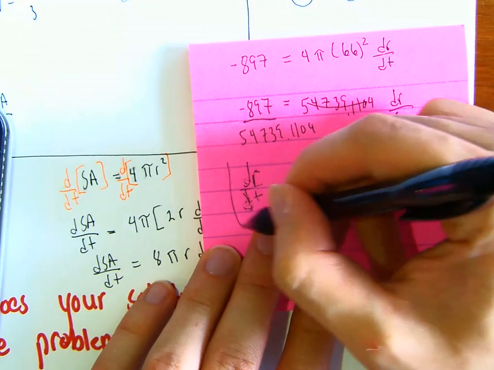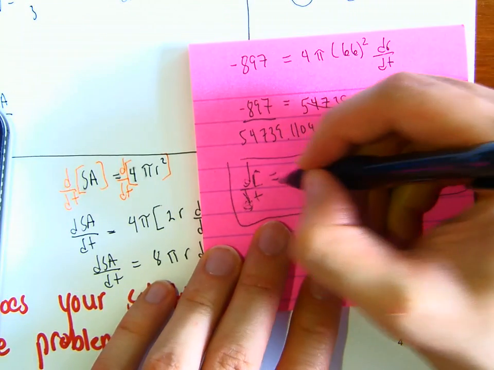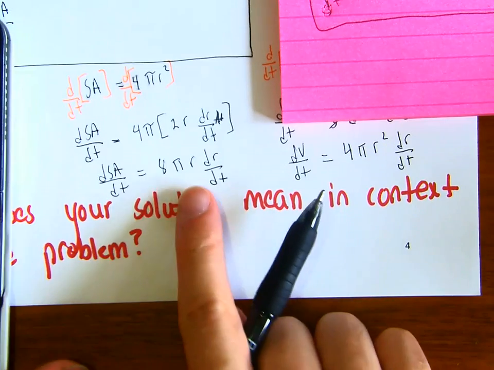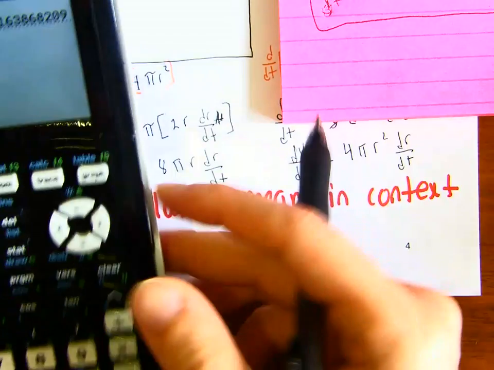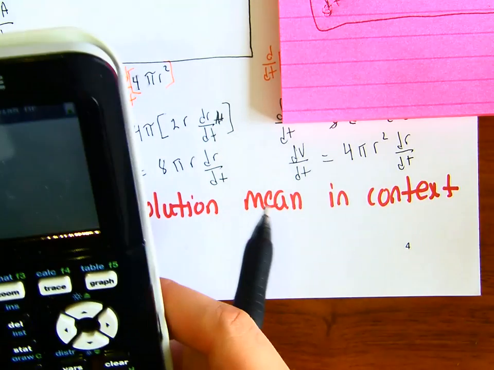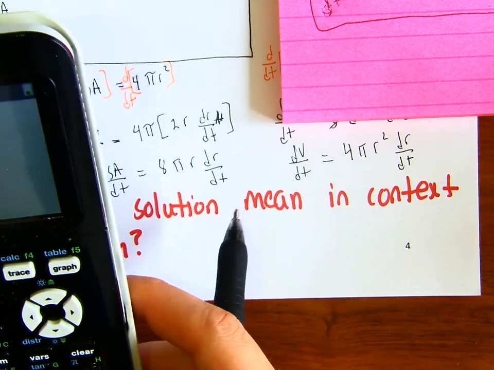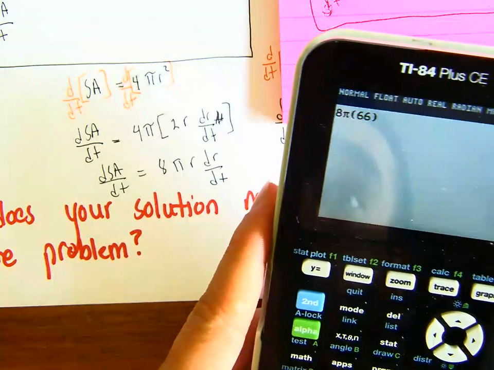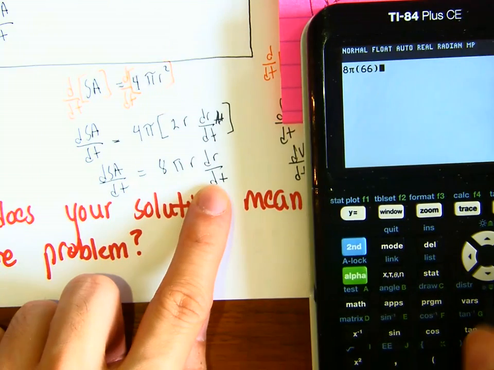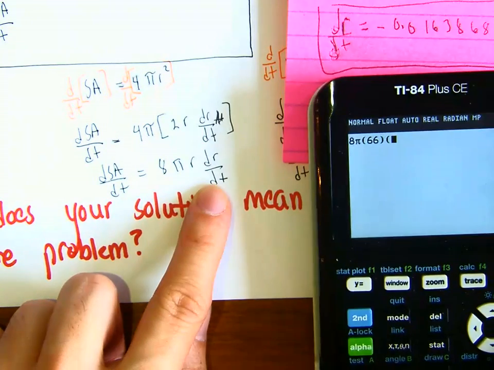So now that we know what dr dt is, what do we have to do? We just have to plug this number in. So now we just have to do 8 times pi times 66, and what is dr dt? It is negative